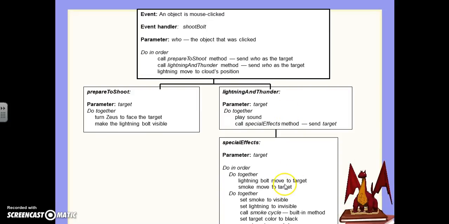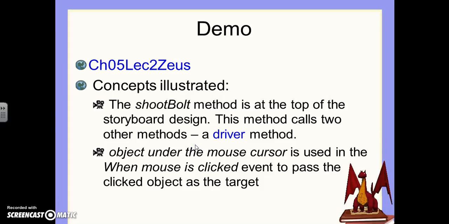And the special effects that we are going to have would be the target. These are ones that we would not have to write. These are already in there, but this is in a do together control structure. Lightning bolt move to the target, smoke move to the target, and then do together: set smoke visible, all that other kind of background code that needs to execute. Okay, so let's take a look at the